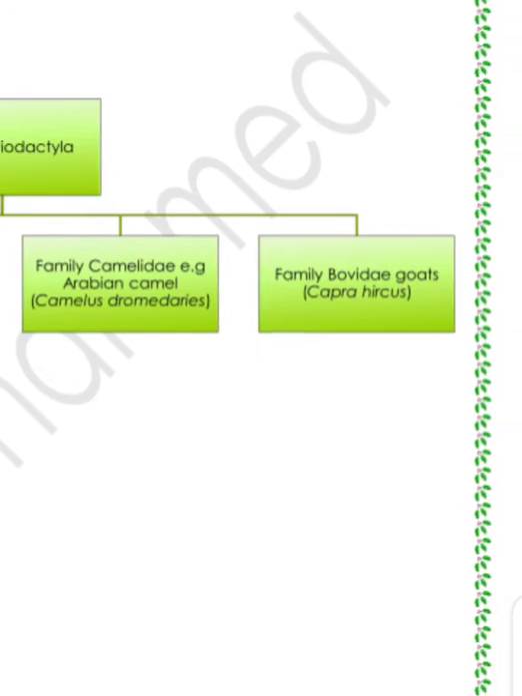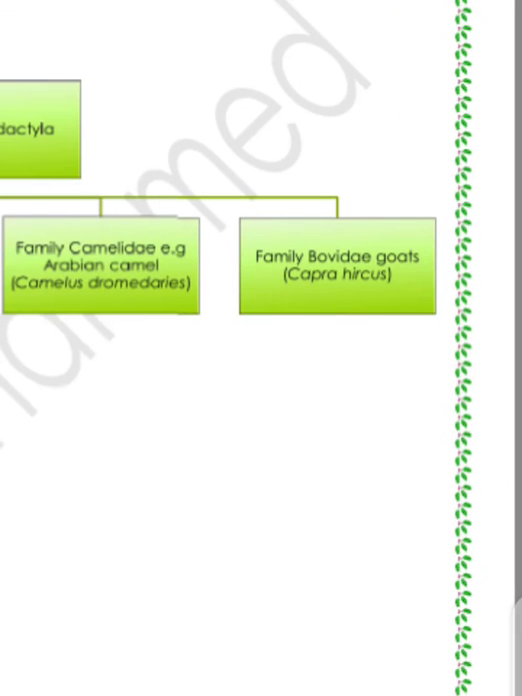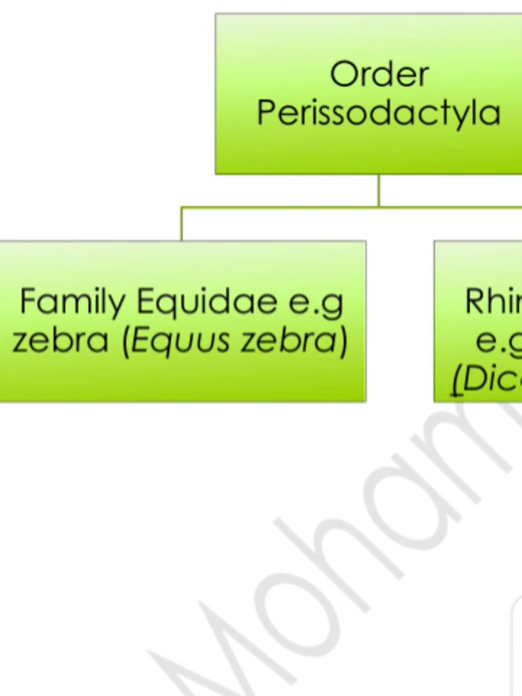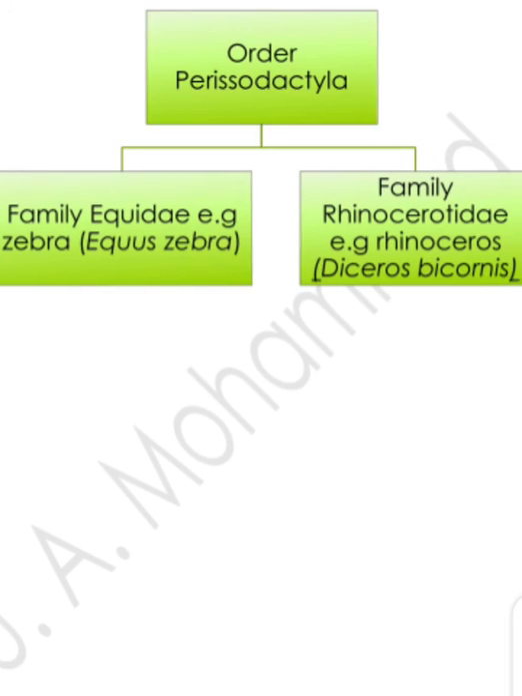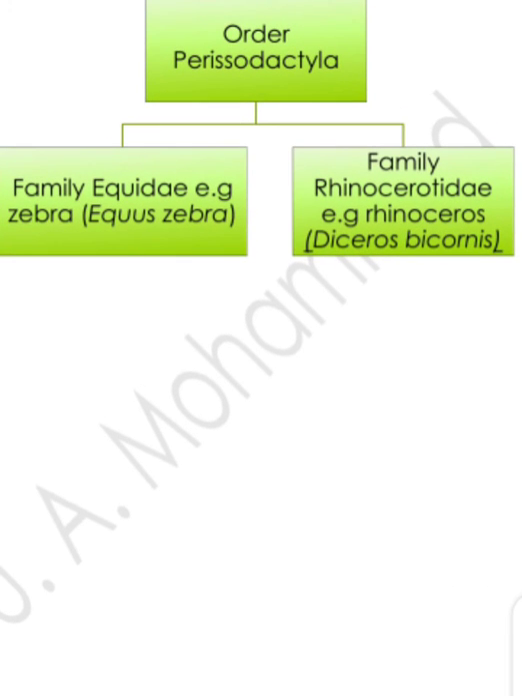dromedarius. And of course we have the Bovidae, which is one of the most common groups of ungulates in Africa, which includes the cattle, the goats, the sheep, the ibex, and the common goat, which is the Capra hircus. So now to the next order, which is Perissodactyla, it is divided into two families, which include the